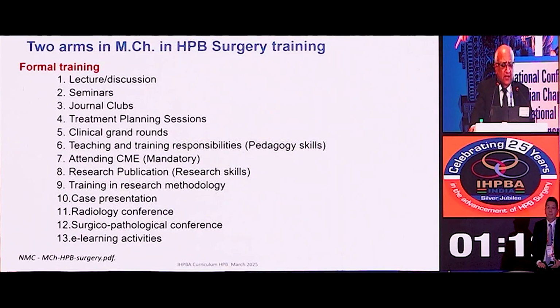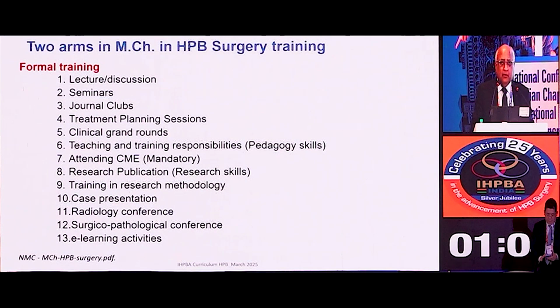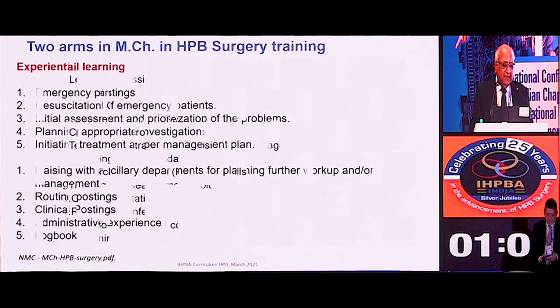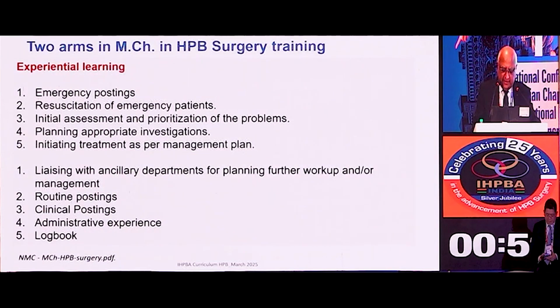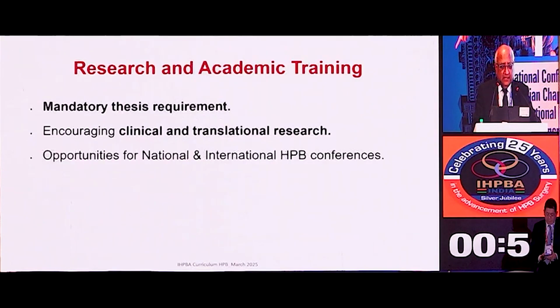You can see there formal training, then you have experiential training. The first one is basically about the knowledge part of it, the second part is the skills part of it, and the psychomotor domains, affective domains, all these things are covered. So, this is the posting they mentioned: 6 months basic posting and the next 30 months is the posting. So, this also includes research and academic training and what they have mentioned is thesis requirement is mandatory and then the students should be exposed to clinical and translational research and should be encouraged to participate in national and international